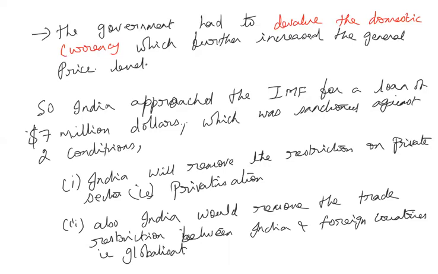So under these conditions, the International Monetary Fund has sanctioned the loan of $7 million. So because of this reason, India was forced to introduce the economic reforms in 1991. So all this because of the inefficient management of the economy, which was greatly attributed to the inefficient working of the public sector companies in the country. So the public sector had to be privatized. So this is the background of introducing the liberalization, privatization, and globalization in our country.